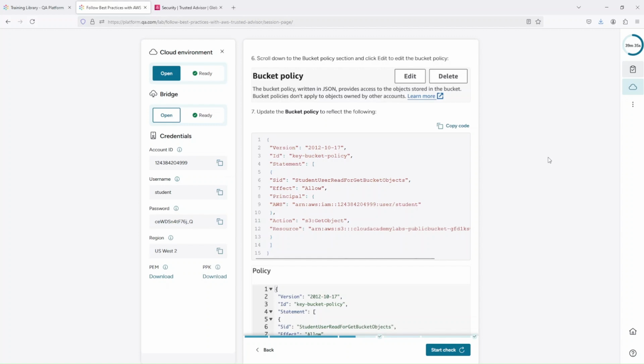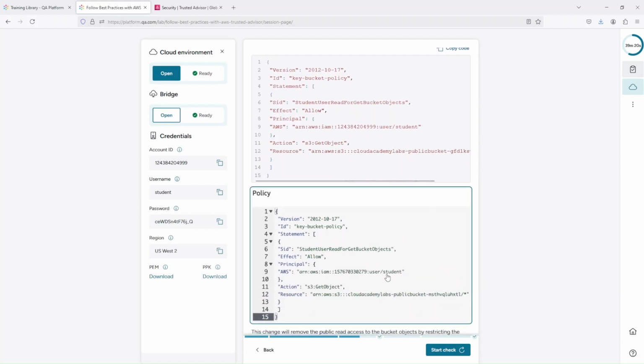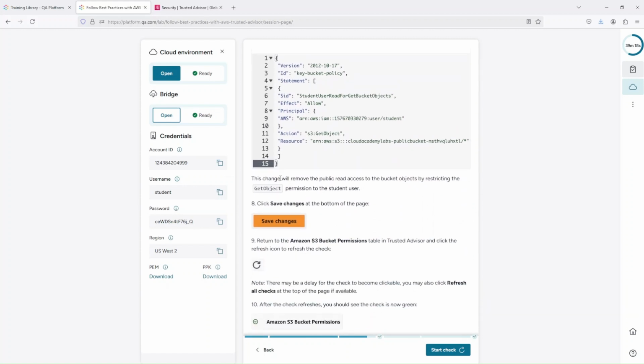Bucket policy, okay, written in JSON. Then we'll update the bucket policy to reflect the following. So we'll copy the code here. This change will remove the public read access to the bucket's objects by restricting the get object permission to the student user. Click Save Changes at the bottom of the page, return to the Amazon S3 bucket permissions table in